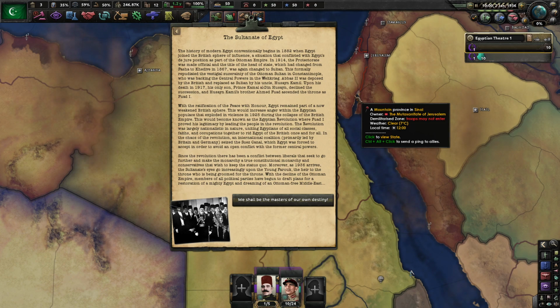Abbas II was deposed by the British and replaced by a sultan, his uncle, Hussein Kamil. Upon his death in 1917, his only son, Prince Kamal ad-Din Husain, declined the succession. Husain Kamil's brother, Ahmed Fuad, ascended the throne as Fuad I. With the ratification of Peace with Honor, Egypt remained part of the now weakened British sphere. This would increase anger within the Egyptian populace that exploded in violence in 1925 during the collapse of the British Empire. This would become known as the Egyptian Revolution, where Fuad I proved his legitimacy by leading the people in